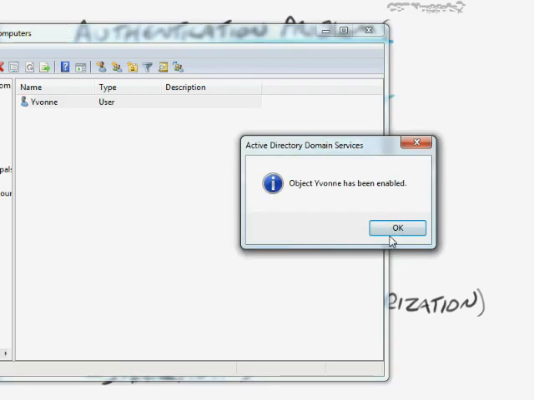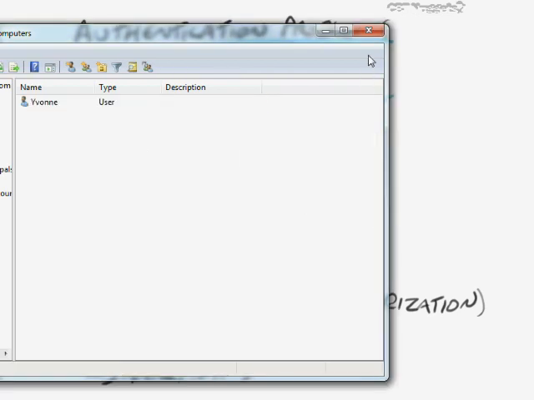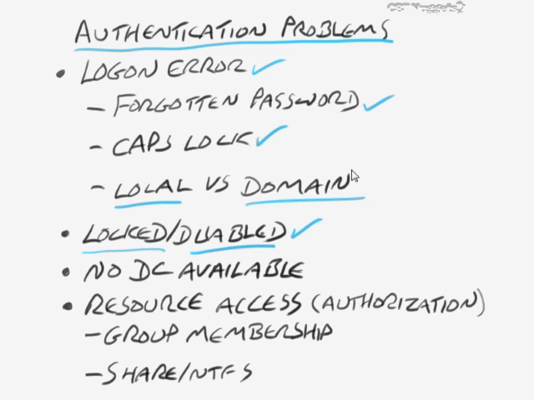And it's pretty much the same for local accounts as well. Now this account should be good to go again and ready to log on. The other thing you might run into is there's no domain controller available. Now, if I created Sam's new user account that we worked with earlier, and we issued Sam a new laptop